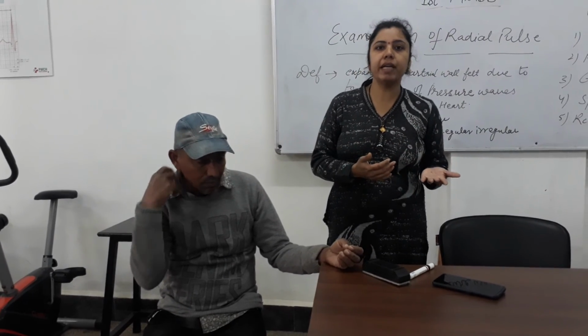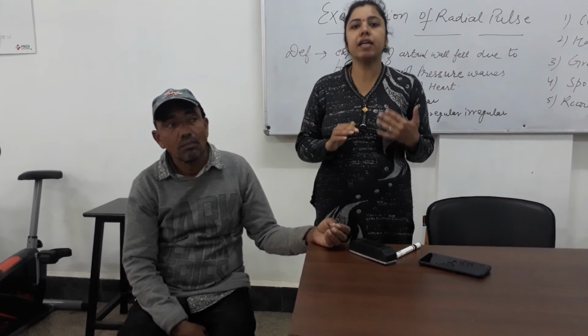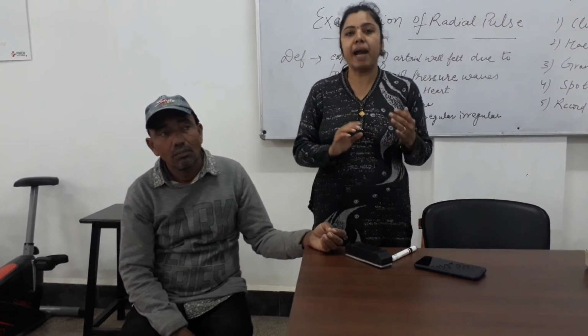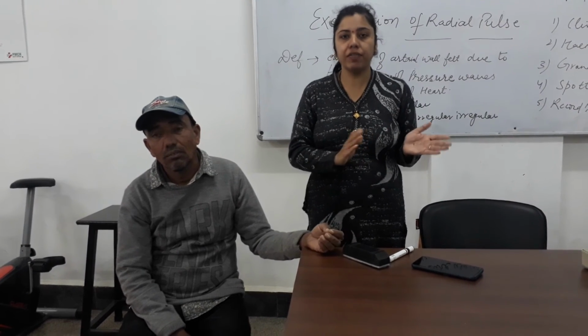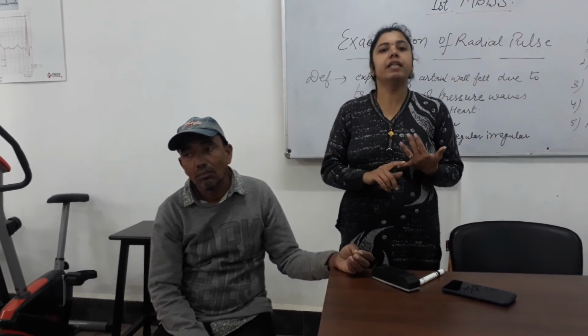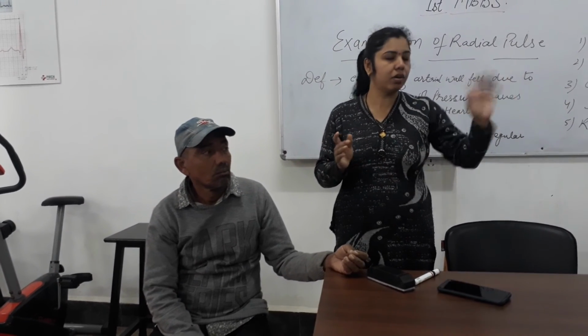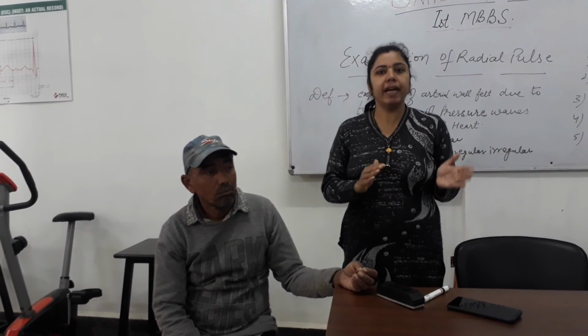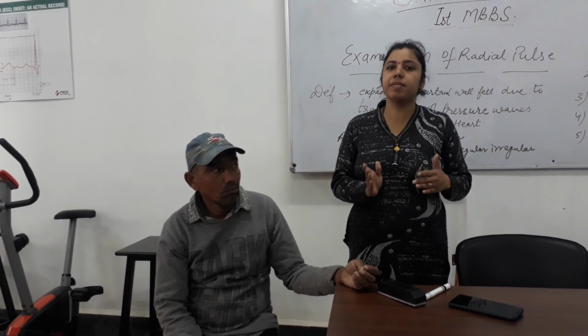Which condition leads to bradycardia and which to tachycardia? Tachycardia is seen in conditions where there is increased sympathetic discharge like exercise, anxiety, fear, tension. Bradycardia is seen in conditions like the resting stage, and in sports, in athletes, where the sympathetic drive is low and the parasympathetic drive is high. Then based on rhythm, irregular rhythm is seen in conditions like heart block, atrial flutter, atrial fibrillation. In these conditions the rhythm is irregular.